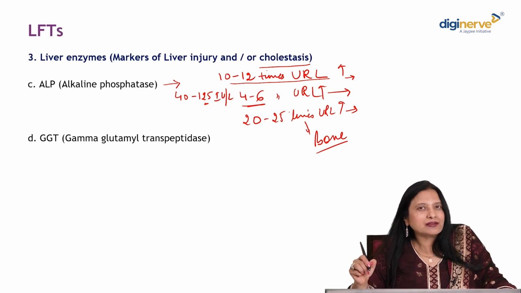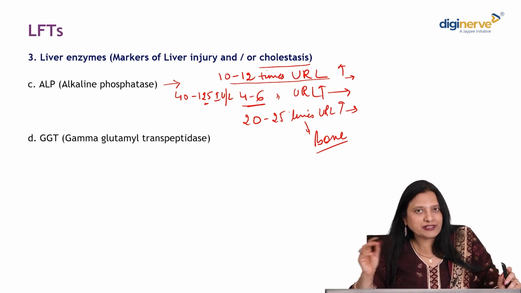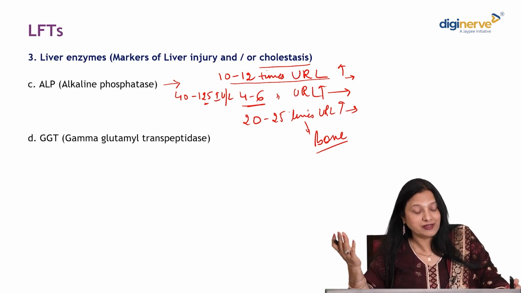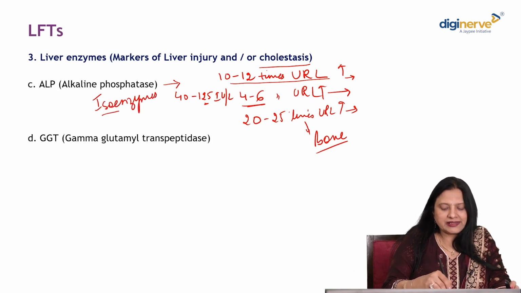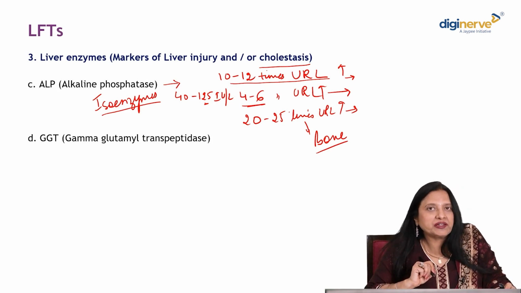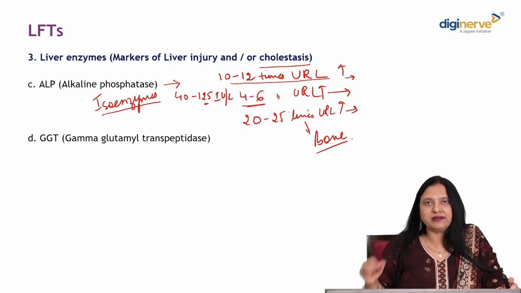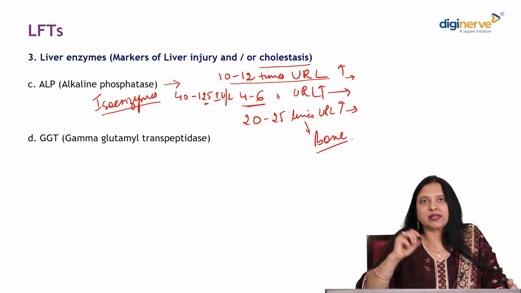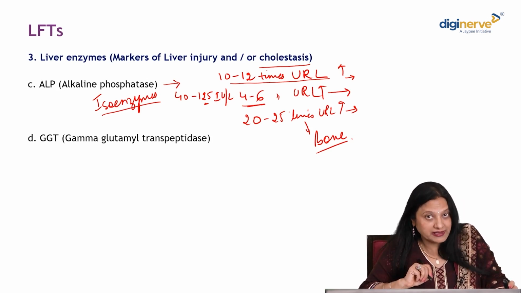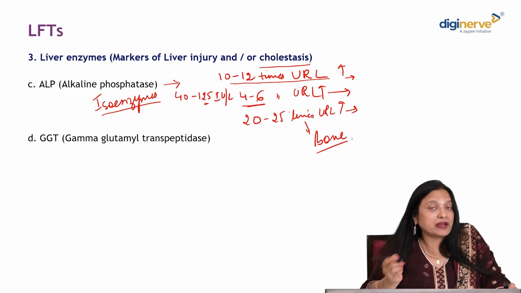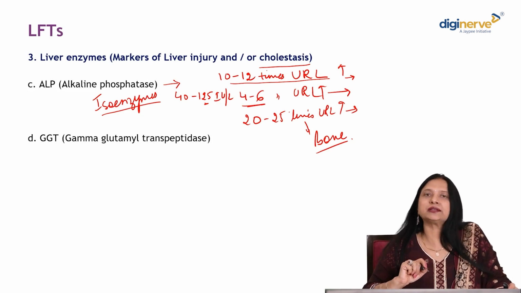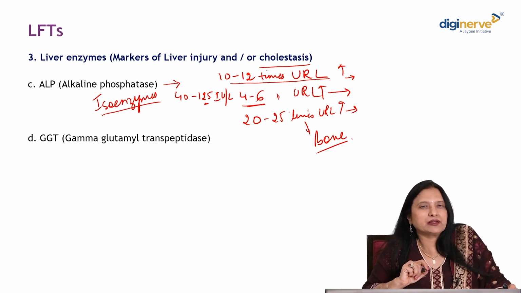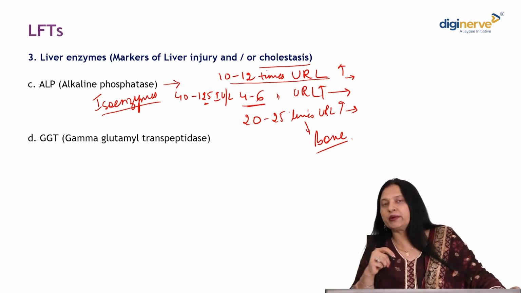That takes our mind towards the fact that it has certain isoenzymes. Yes, it has 6 isoenzymes. One of them is in the liver, which we have already discussed. Another one comes from bone. Then there is another one in the placenta, so obviously any pregnant female will again give high values of ALP. And there is another, the Regan isoenzyme, which can be seen in about 15% of cases of carcinoma lung.